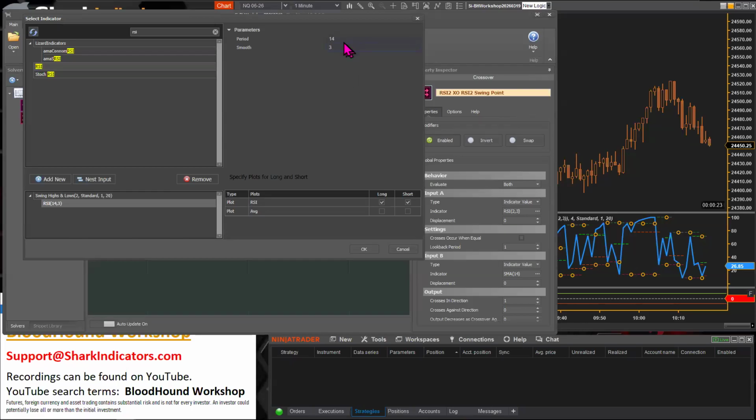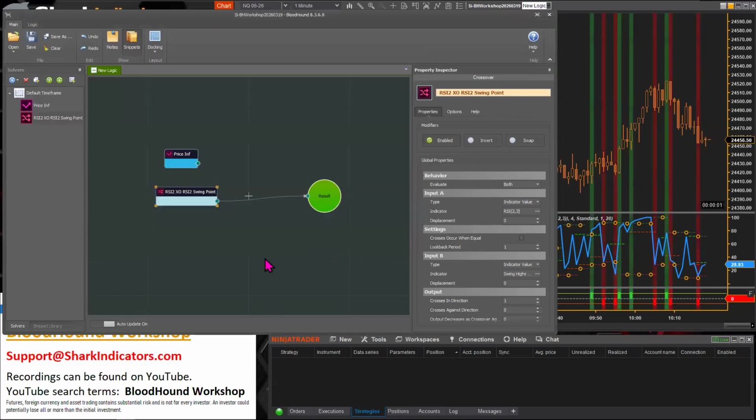Now for the RSI, we do need to change the period, again, to match what's on the chart. And we are using the actual RSI line that's already selected. Now, if you're using the average line, then you need to select that if that's what you wanted to use, but not in this question. So let's put it back, click OK.